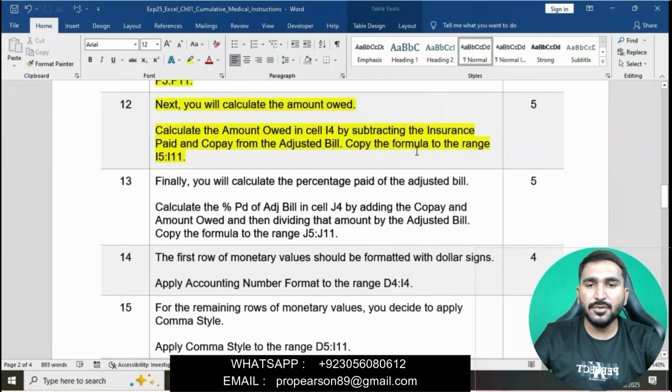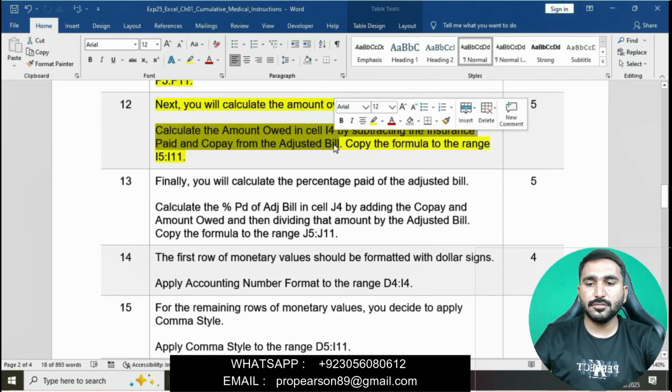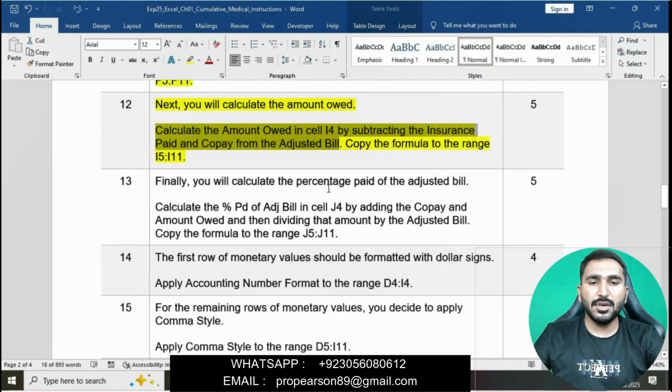In this question, we will calculate the amount owed in cell I4 by subtracting the insurance paid and copay from the adjusted bill. We will go to the Excel workbook, click on cell I4 and enter a formula.